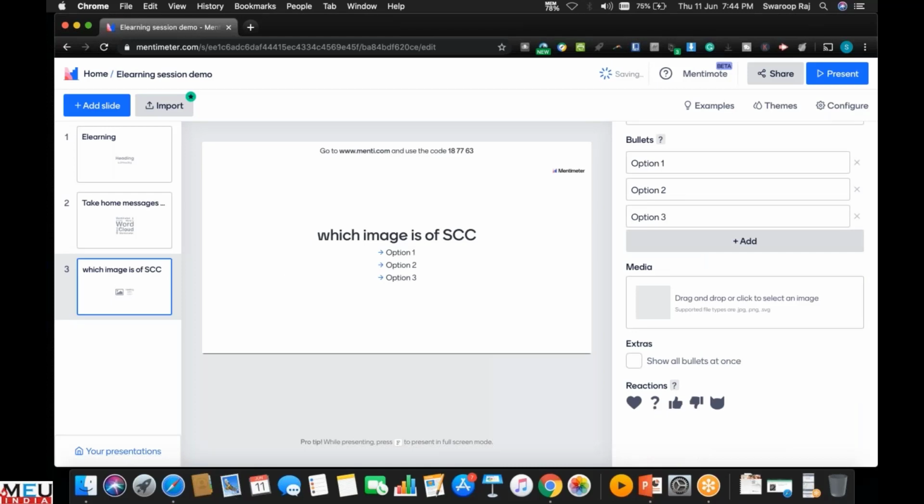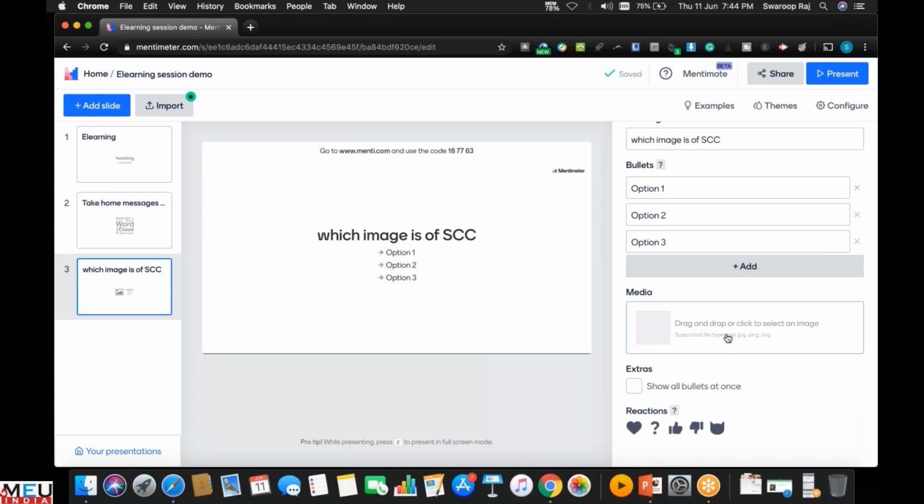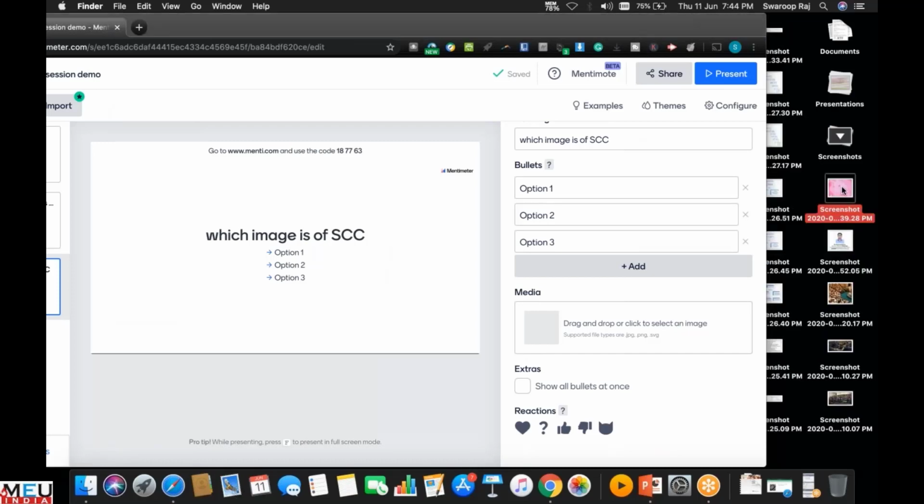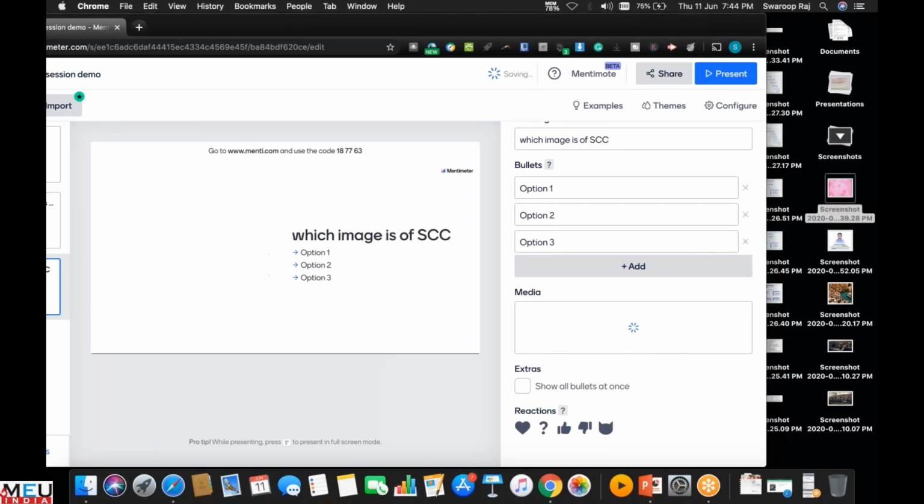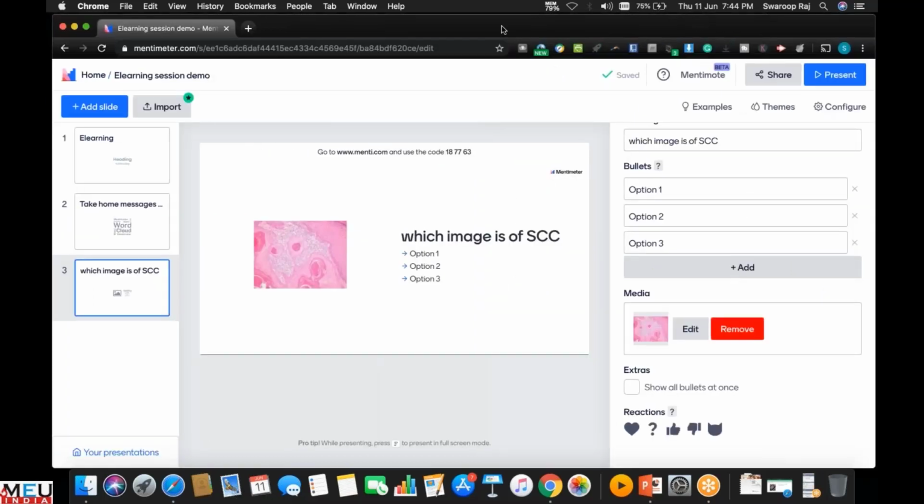So if I choose bullets with image, I have to drag and drop an image on the right hand side. I'll just show you. I'll take an image and drag it to this media, and it will appear. Now there is no option of adding multiple images like you do in your PowerPoint presentation. So Mentimeter is slightly more rigid when you create your presentation.